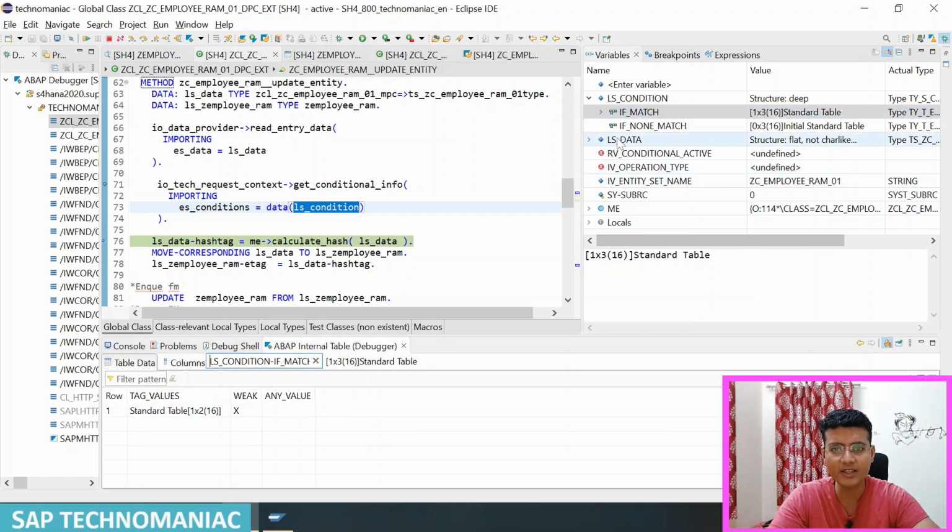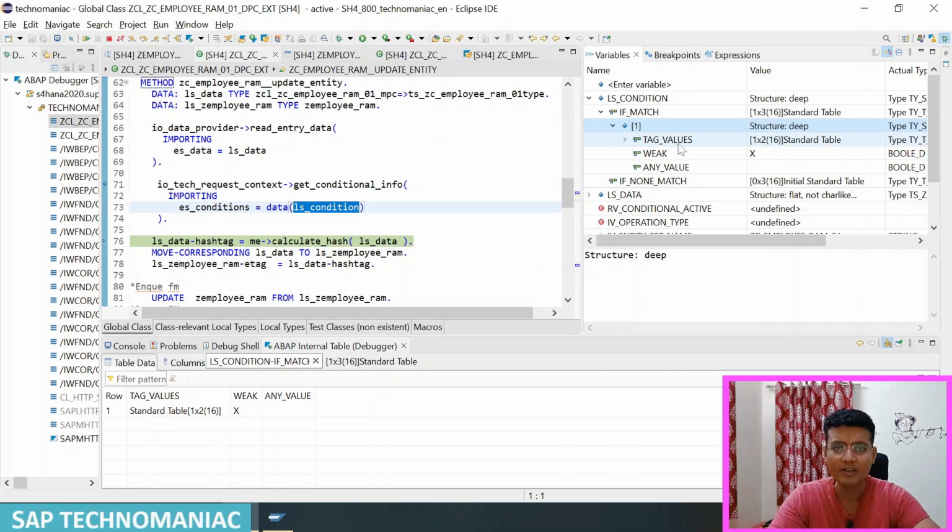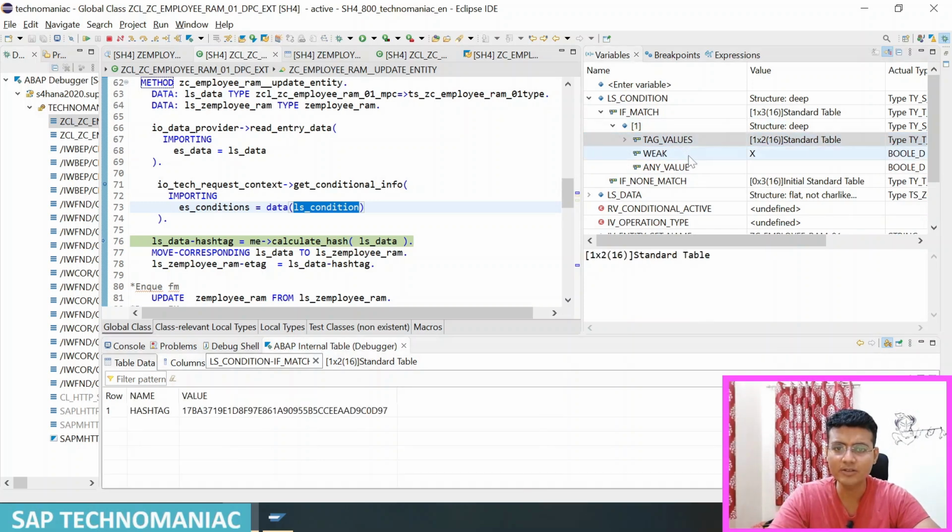If match is filled, we have to check what all the values are in the if match table. So there is again one standard table. Let me open it up. Okay, let me see what is the value over here in this table. We have the ETag values. We have to compare this ETag value with the value coming from that particular table. First we have to compare. If both are similar,